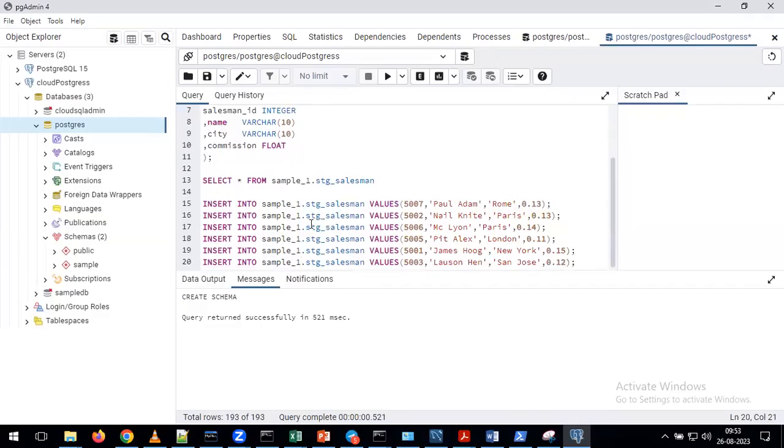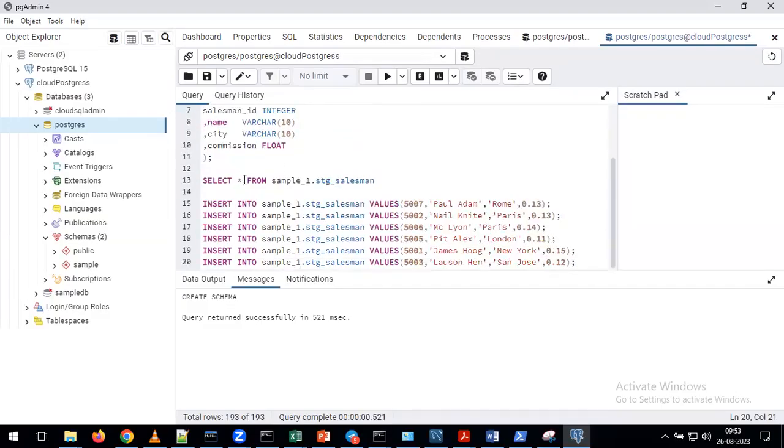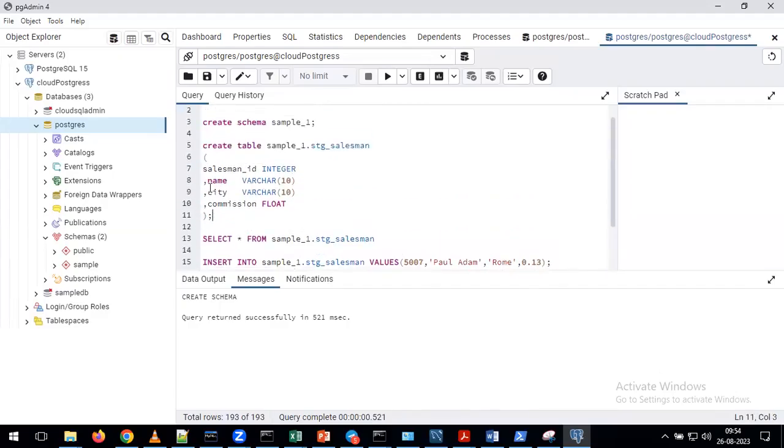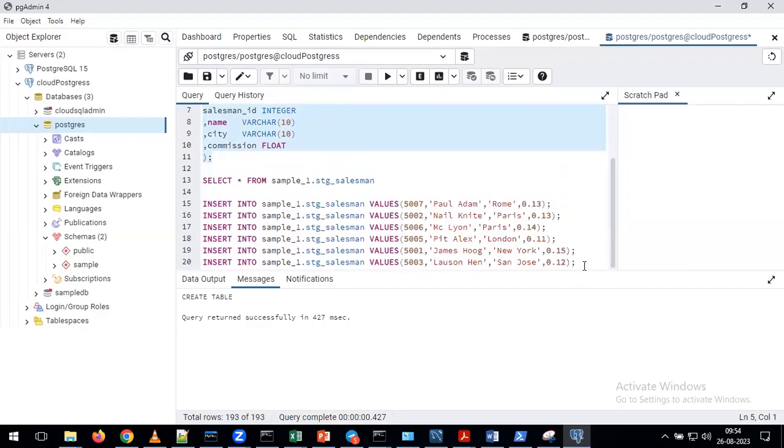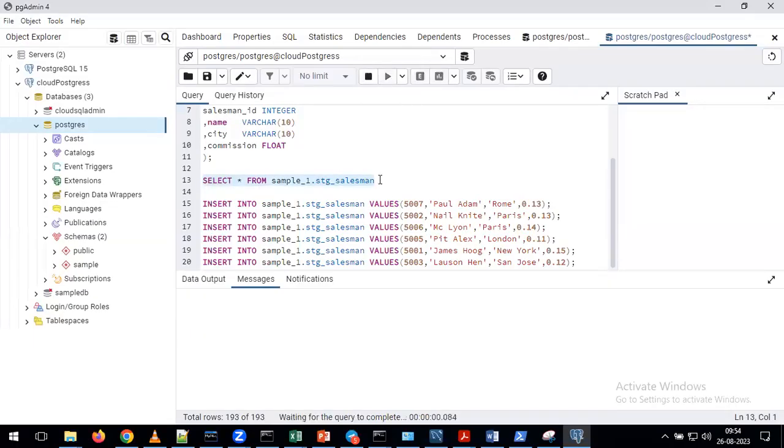Please run those queries from the pgAdmin window. After creating the table and inserting the data, just run select star from your table. You should be able to see the data here.